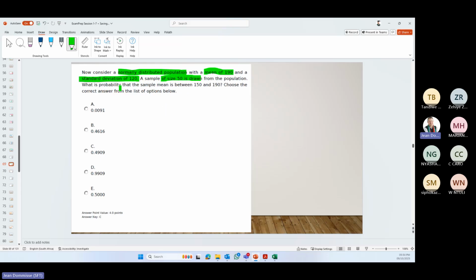What is the probability, now we get to probabilities again, that the sample mean is between 150 and 190? So we need to work out what is the probability that...